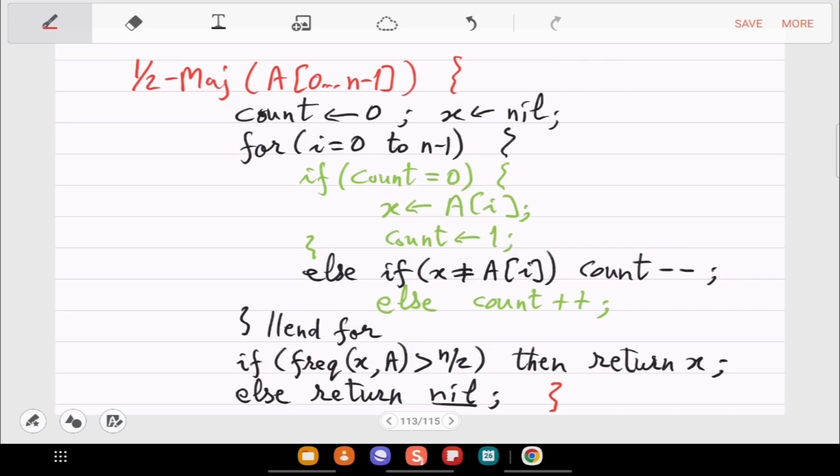Yeah, so actually he may be right. So let me just make an edit. One has to check this, that you can replace it by count positive. No, sir, it won't work. If there are an odd number of elements, let's say 7, then it will return the last element, sir. Yeah, so then the problem is that this doesn't work for a stream. It's 2 scans. It's not 1 scan.